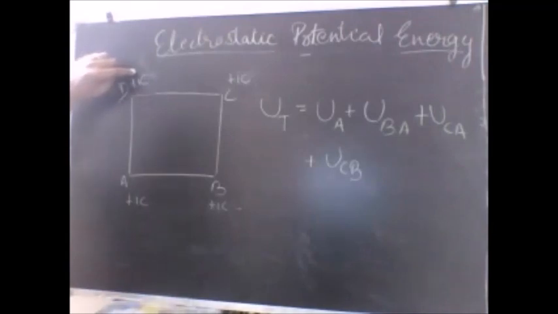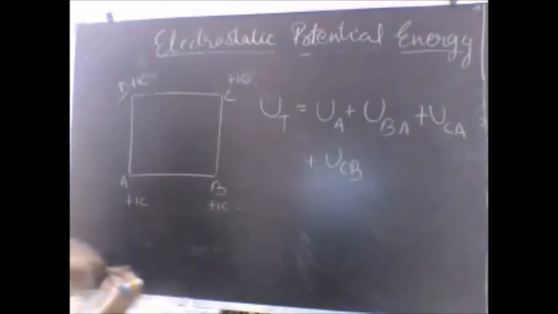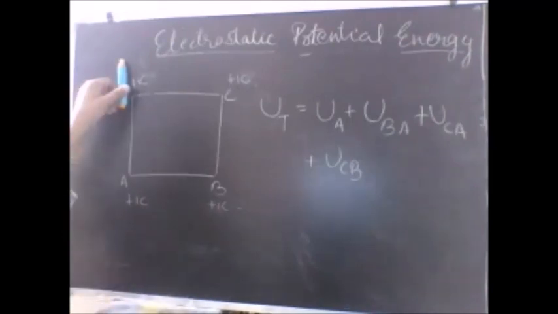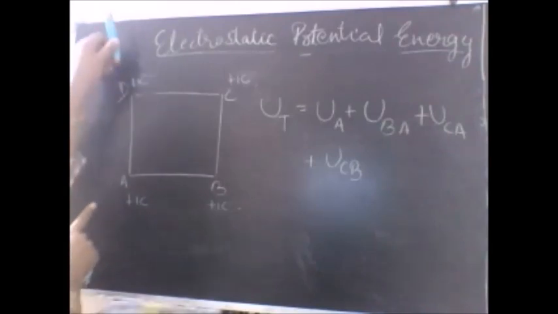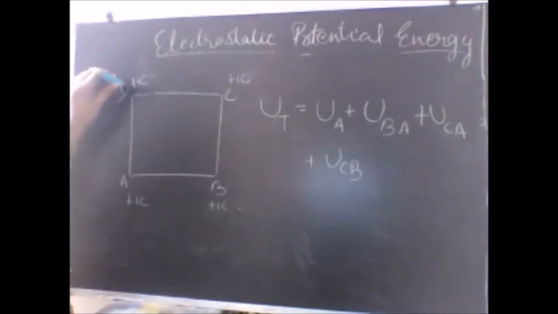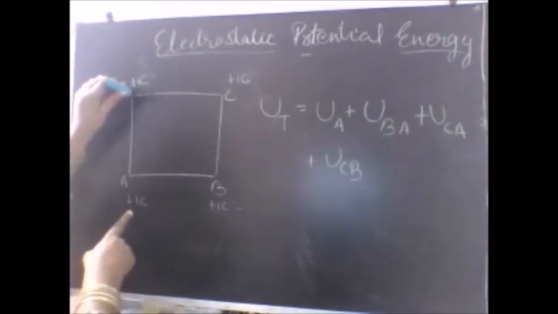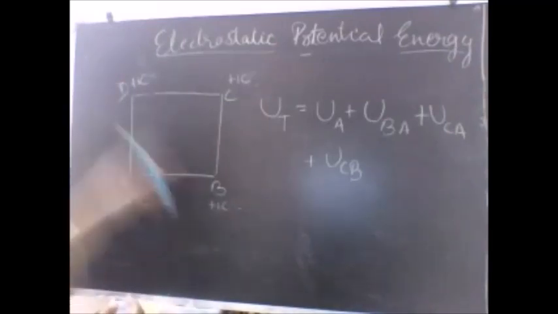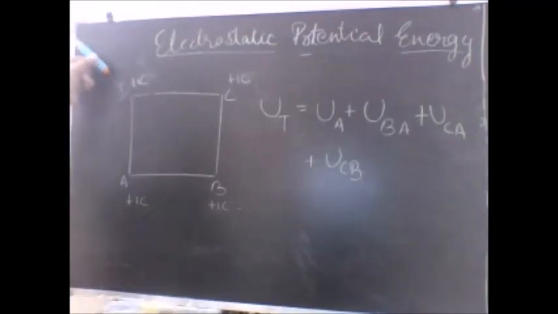What will happen? Will it stay here? It will have a tendency to move in this direction. Why? Because A is exerting a repulsive force. It will have a tendency to move away, but I want the charge should not move and rather stay here. So the energy is stored at the point D due to the presence of A. Same way B is also repelling the charge D and it will have a tendency to move diagonally this way, but I want the charge should not move but should stay here.